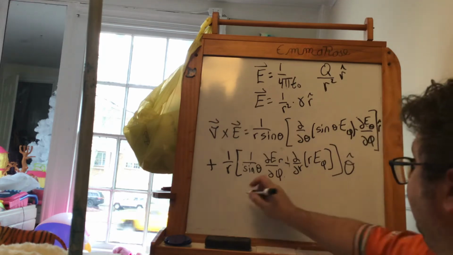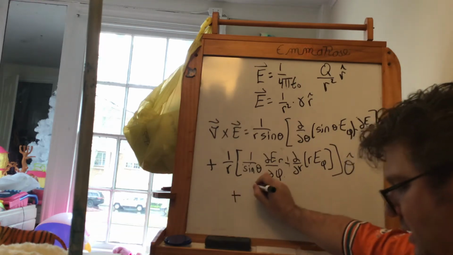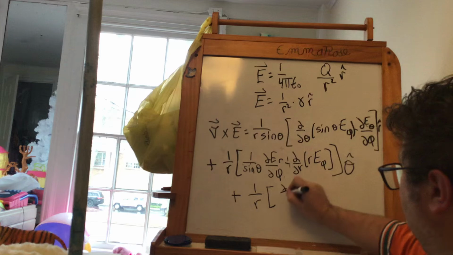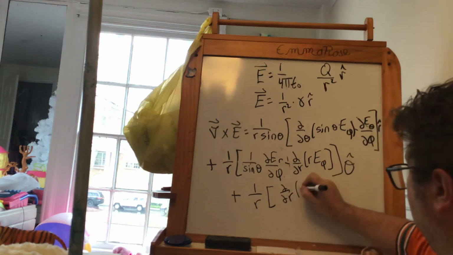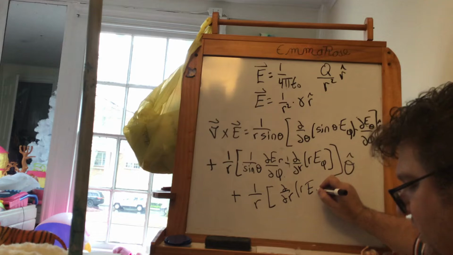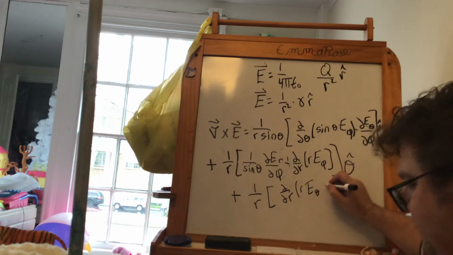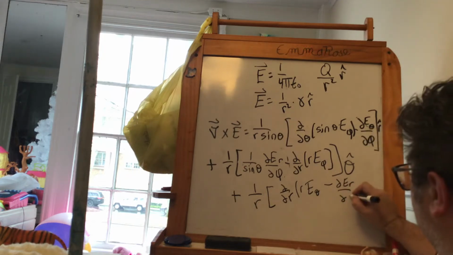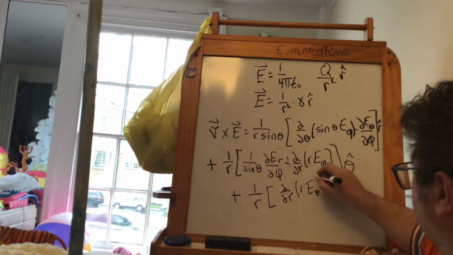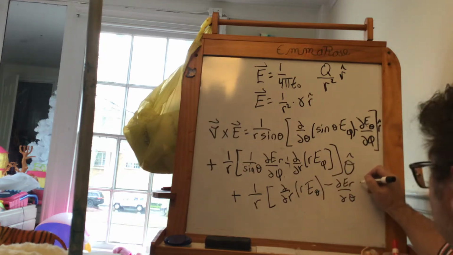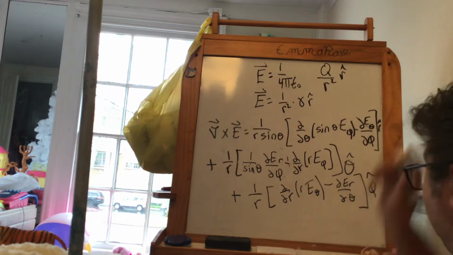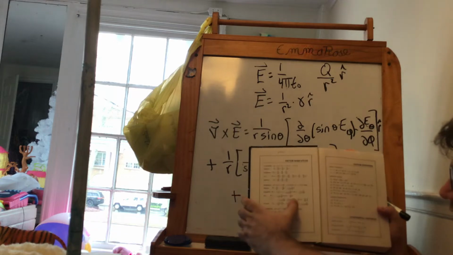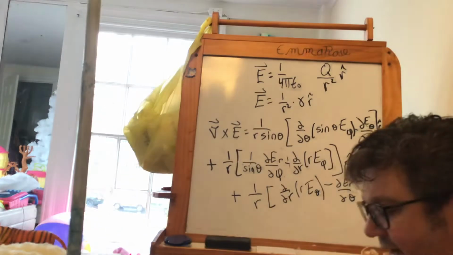And then there's one more term in the phi hat direction. Plus 1 over r, d dr of r e theta minus d er d theta. That's a parentheses there. Phi hat. So basically what I did was I took the curl in spherical coordinates right out of the textbook and I wrote it down there, right? It's a giant